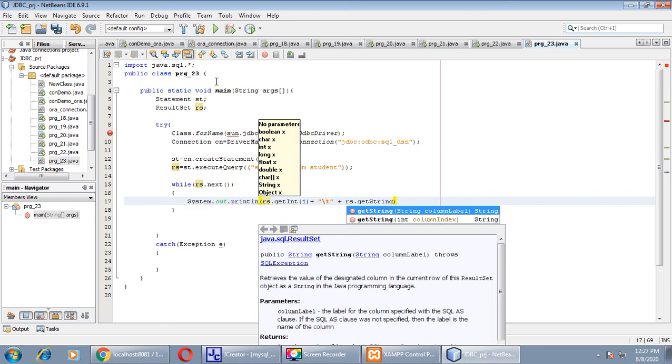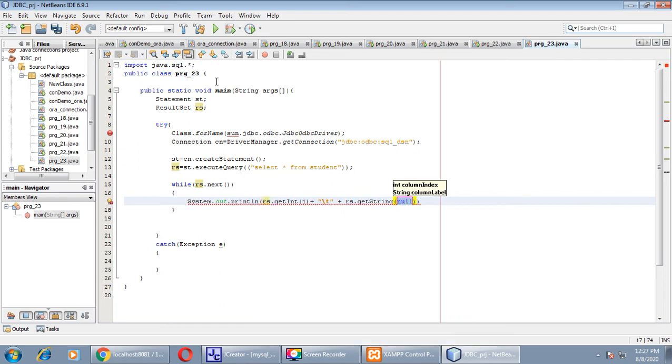Because the second column of student table of test database is defined as a varchar field. For that, its equivalent data type we need in Java database connectivity, right? So I took the getString method. Now the index number of this column is 2.